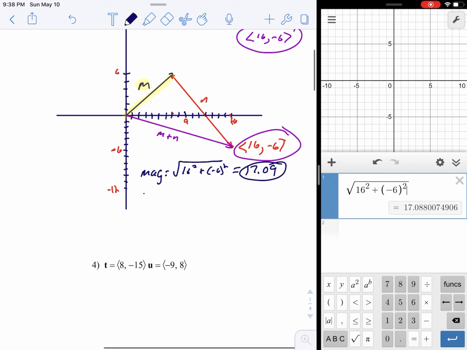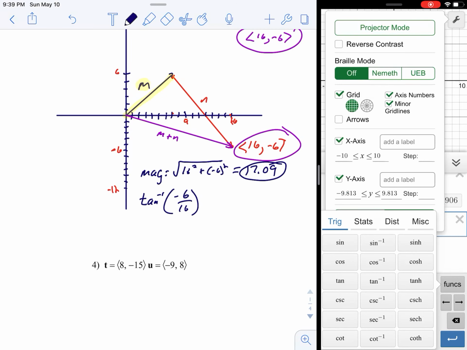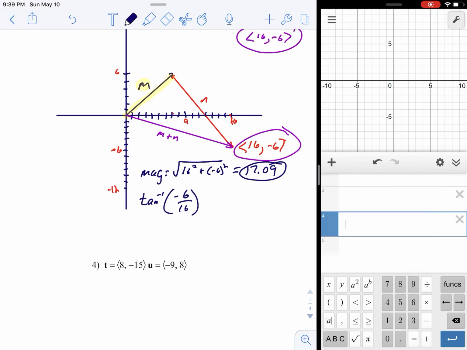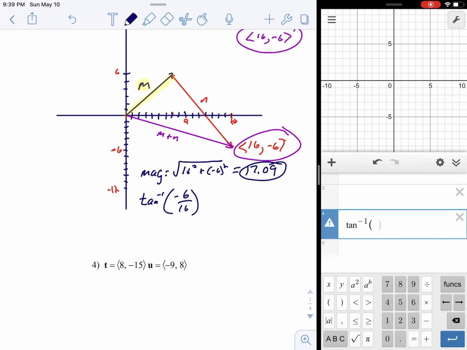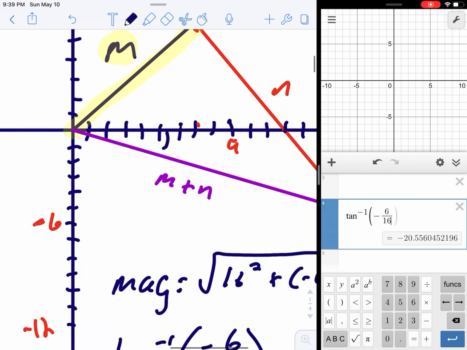Okay, so the direction angle, remember, it was the inverse tangent of y over x. So that's going to be negative 6 over 16. So function, let me make sure I'm in degrees. Oh, I've got too many menus open at one time. Okay, I am in degrees. All right, so function inverse tangent negative 6 over 16, and I get negative 20.56. So this angle right here, negative